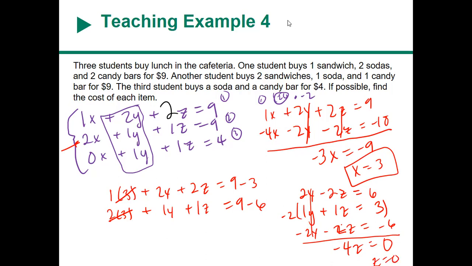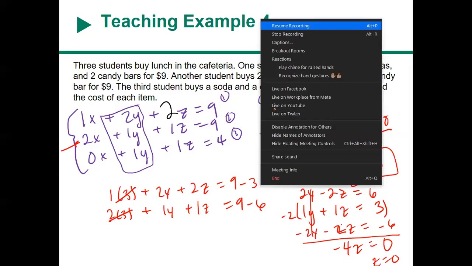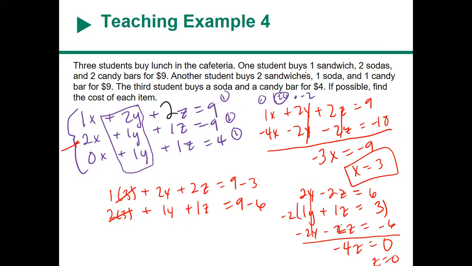Pause. So in conclusion, your teacher did not choose great numbers for this system, and it's an example of a no solution example. What this tells us about this student is that maybe someone got a discount, that maybe someone didn't pay the exact same amount each time,